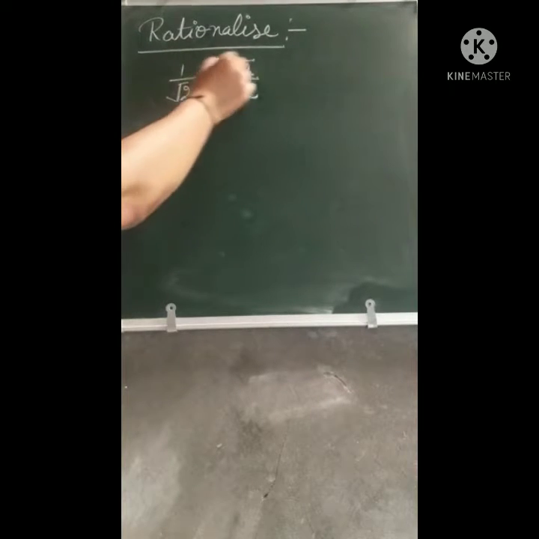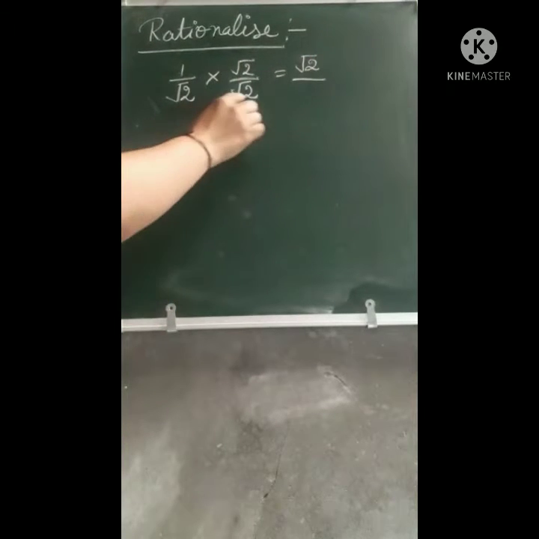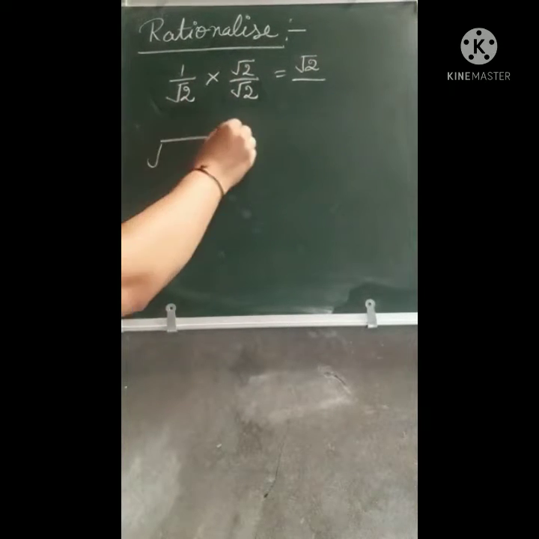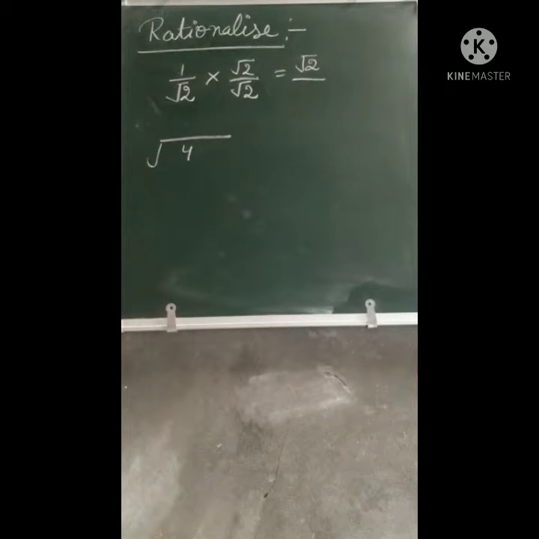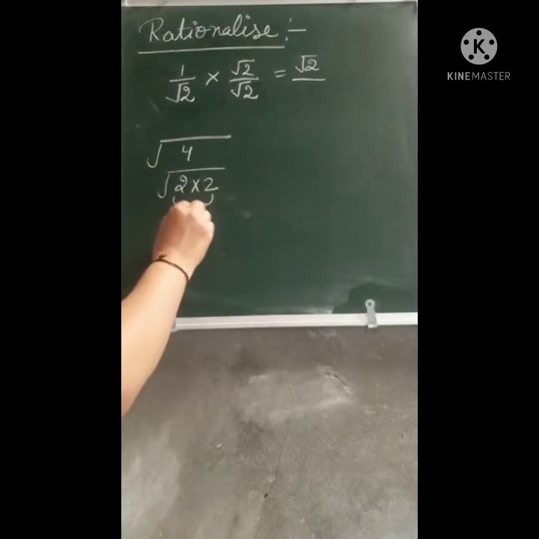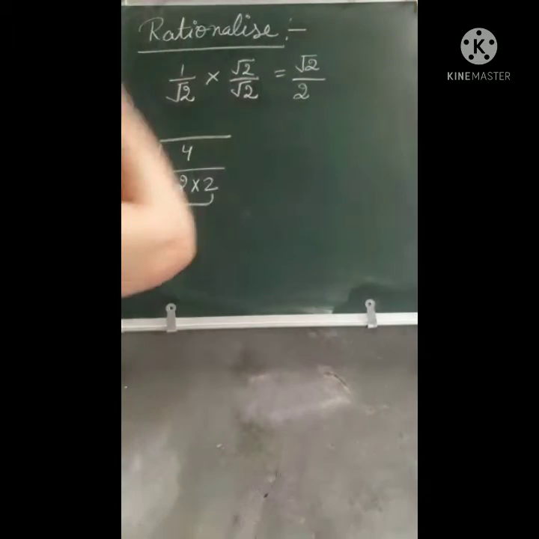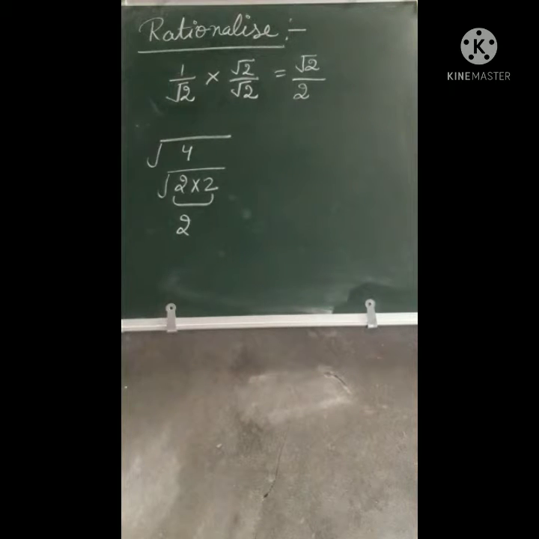So whenever you multiply, it's going to be 1 times 1 is 1 in the numerator, and under root 2 times under root 2 becomes 2 in the denominator. That means 2 multiplied by 2 has the two factors, so the root is going to finish and your value is this one. So this is our answer. It's just a single number, so there is no difficulty; we can simply multiply by the same number.